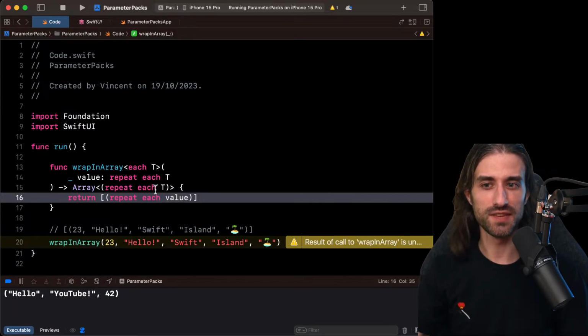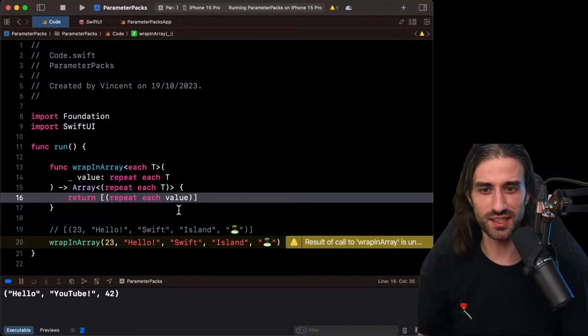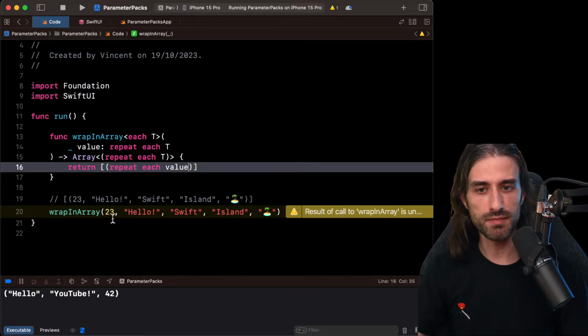So normally, if I haven't made any mistake, this code should work as expected. So if I run my code, I should see in the console an array that contains one tuple with 5 members that are of type int, string, string, string, and also string.